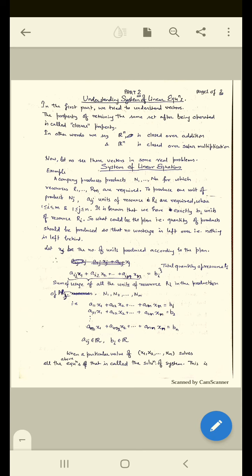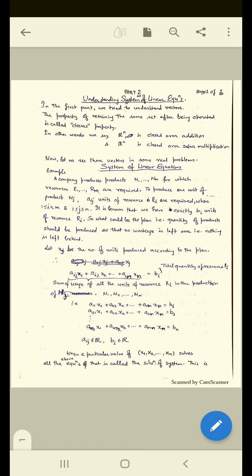If you add two odd numbers, the value doesn't remain in the odd numbers, and that's why they cannot be treated as vectors. On the contrary, if you take even numbers and add them up, the result remains in the even numbers, and that's why they can be treated as vectors.